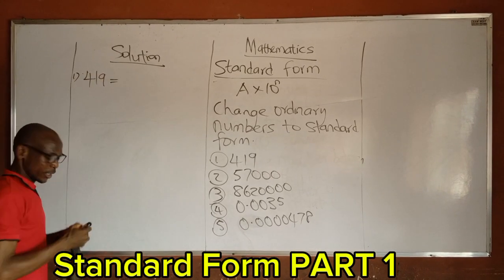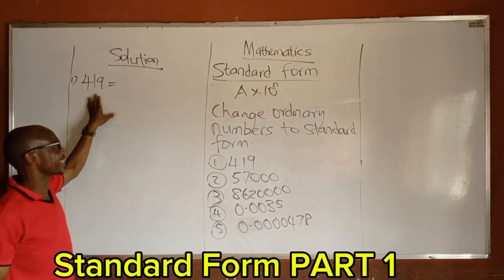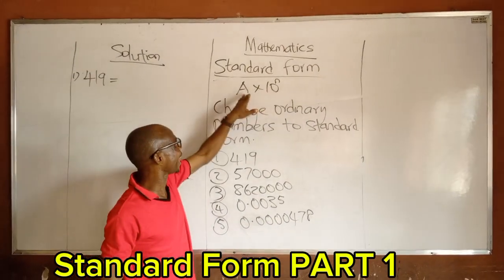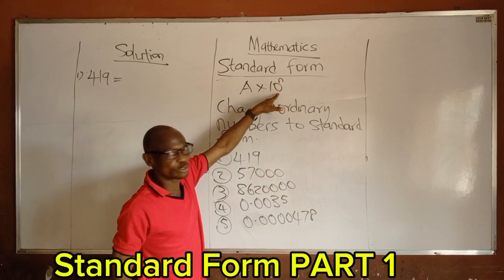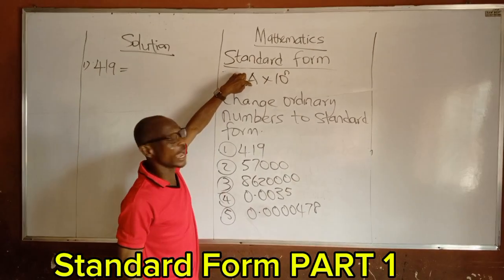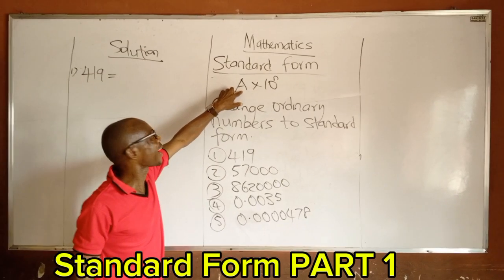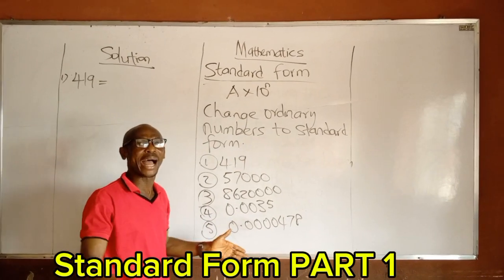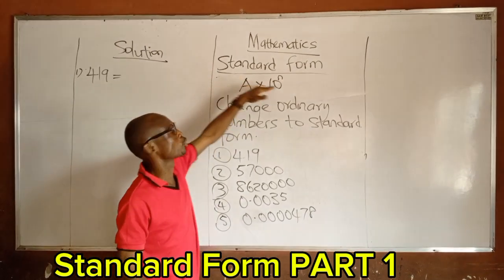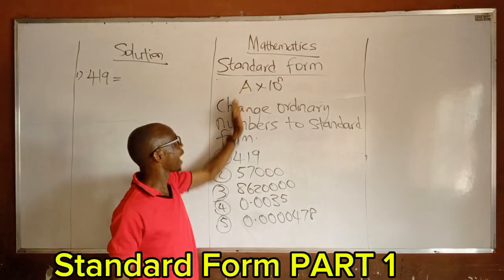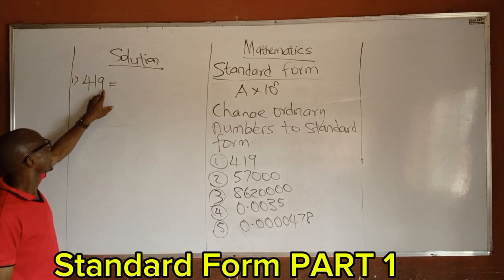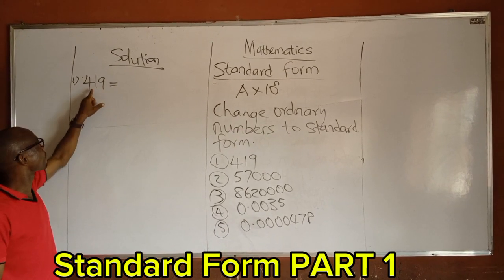419. In expressing a number in standard form, we say that the number must be in this form: a times 10 raised to the power of n. Our a value here must be a value between 1 and 10. The value must not be up to 10, but it can be from 1 down. So what are we going to do here? The whole number